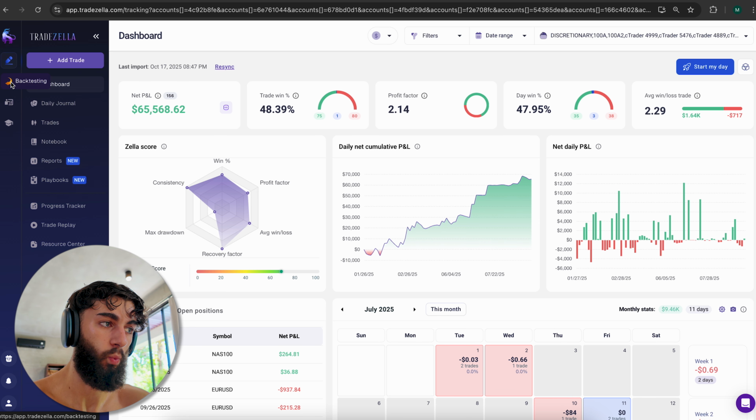So when you're backtesting, you need to have a software that can go back far enough, because on TradingView, even with the premium feature, you can only go back like a year on the 5 minute. So with TradeZella, as well as auto journaling and backtesting, it also has mentor mode.